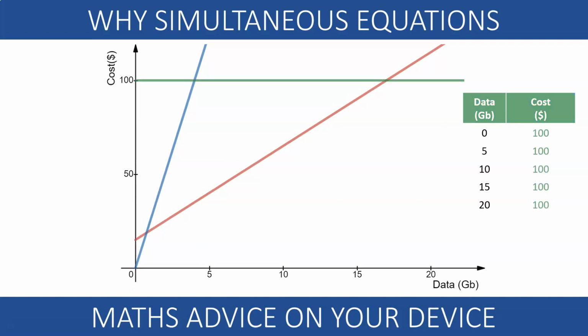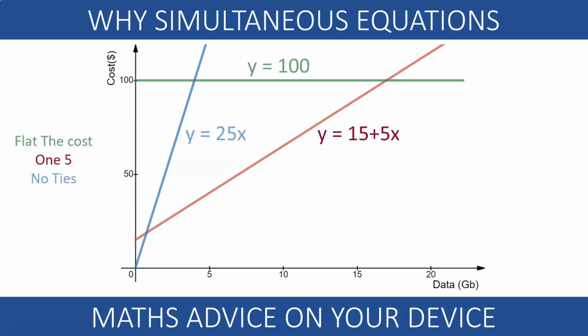Very steep. Flat the Coast charges a flat monthly connection of $100 regardless of how much you use. So the line is flat all the way. Y equals 100 is the equation of this line. It doesn't contain an x because y, the cost, does not depend on x, the amount of gigabytes. It is 100 regardless of how much data you use. So if you plan on spending a lot of data, it may be worth it.